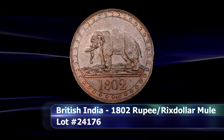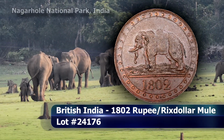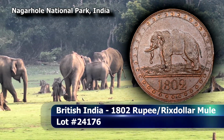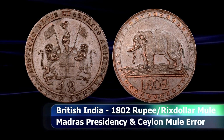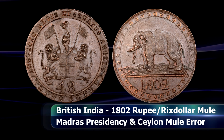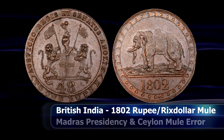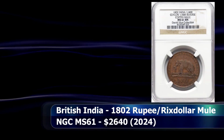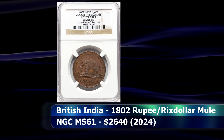$1,080. This strange coin is a copper mule strike, probably from the Soho Mint, that features the obverse of an Indian Madras Presidency fractional rupee and the reverse of a Ceylon stiver, or a fractional 1/48th Rix dollar. Graded by NGC as MS61 brown, it achieved a closing price at auction of